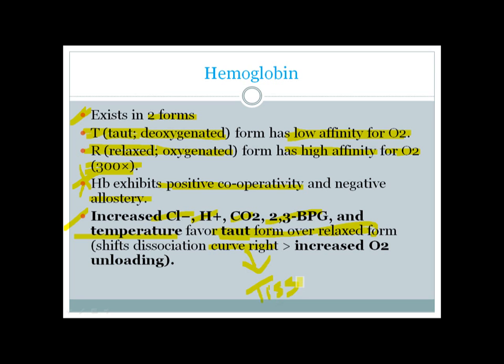So in the tissue you have this kind of situation. In the tissue you have high hydrogen, high carbon dioxide, and high 2,3-BPG. So in the tissue you need to increase oxygen unloading, and that's what's happening here. So in the tissues you have a more taut form, which causes an increased oxygen unloading,